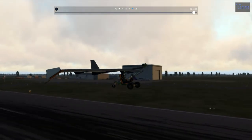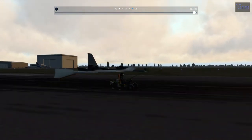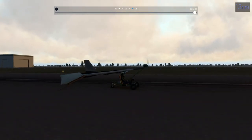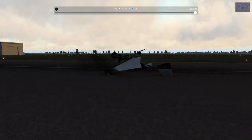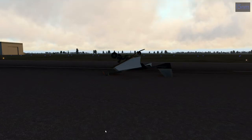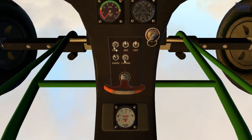Alright, here we go. So I started to flare, then I remembered not to flare. Okay, we didn't bounce. It was a crappy landing, but we didn't bounce. And I'm like, I tapped the brake. I just tapped the brake. And I flipped over. Because if you think about it... Actually, let's go back to real time. If you think about it...